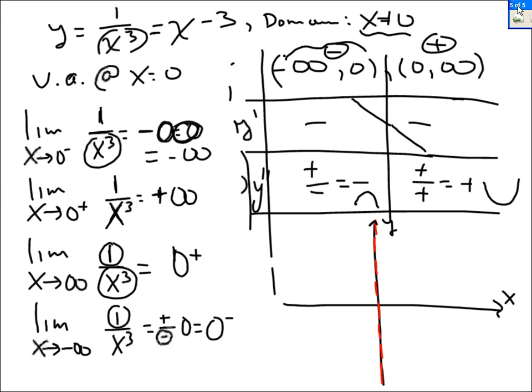And we know that when x is a little bit less than 0, you're at negative infinity, which is right here. When x is a little bit more than 0, you're at positive infinity. Go a little bit to the right of 0, and I go up to positive infinity. When x goes all the way to the right, to positive infinity, you get closer and closer to 0, but